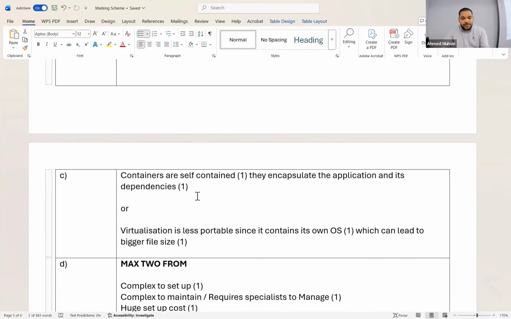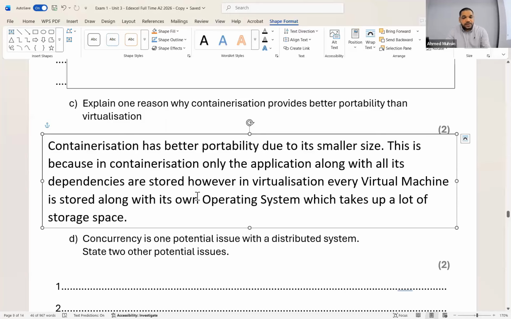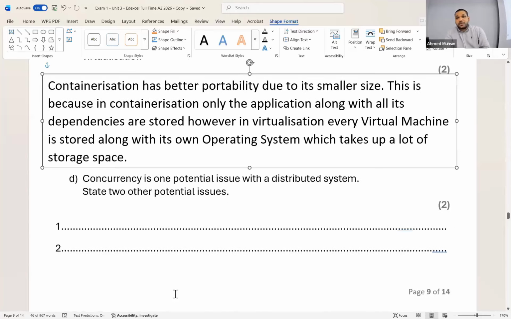Okay, right. Everybody, the last one before we take a break. Concurrency is one potential issue with a distributed system. Distributed system means what? You have the same data across multiple servers, and these servers are also spread out across the world, right? Okay, these servers are also spread out across the world, and all these servers, all of them have the same data. Okay, so one is concurrency, which I will ask you later. What does concurrency mean? What are other potential issues with a distributed system?